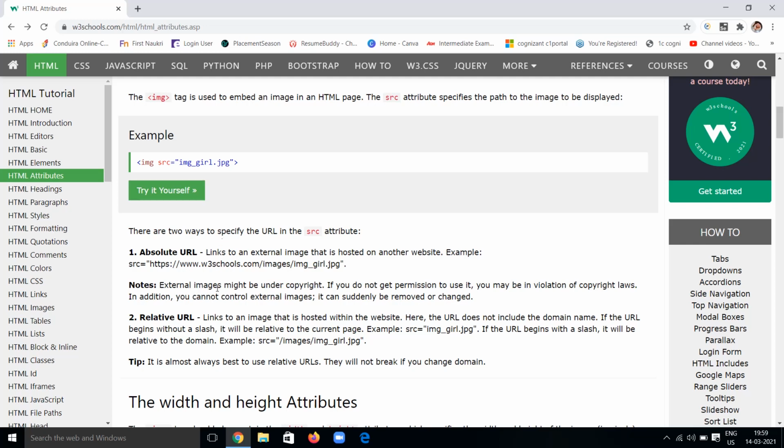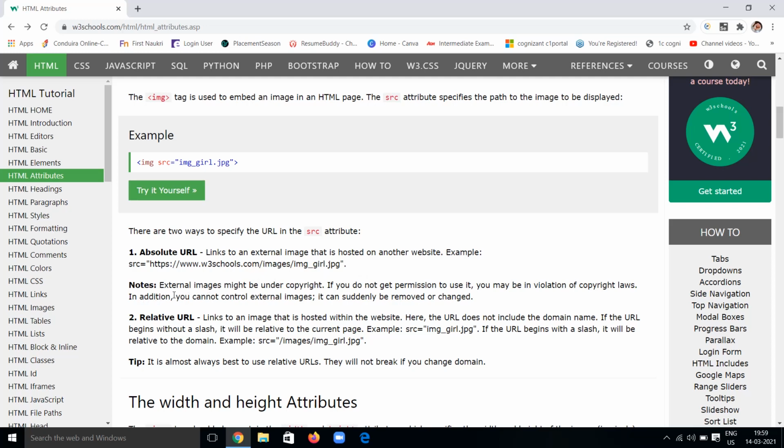Note that external pages might be under copyright. We can have copyright pages which are not licensed or permitted to be used, so at that time we do not have any permission to use them, and using those images will be a violation of their copyrights, and they can claim against us for their products.